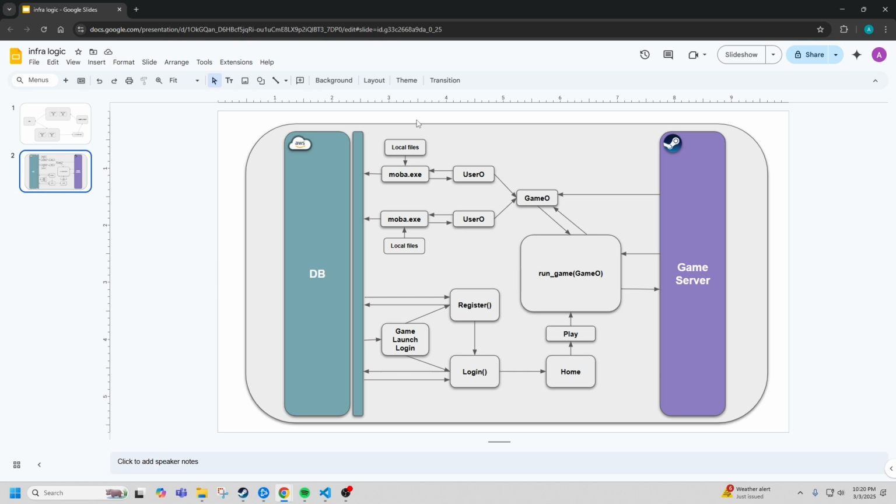But imagine I have the game, and these are simulating two users here. Imagine I have the game here, and each user has their own set of local files. Let's say at first that includes something like the map layout, or the characters available to the user when they load up the game. If those are local files, that's fine until I need to roll out a change, and maybe a change needs to be made to one of the characters, or maybe I want to add a new character or something like that. So I'm trying to balance what goes in the local files and what goes in the database,